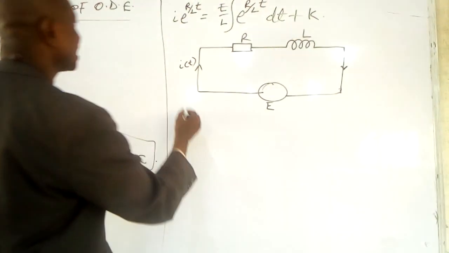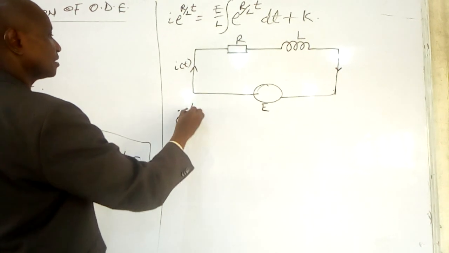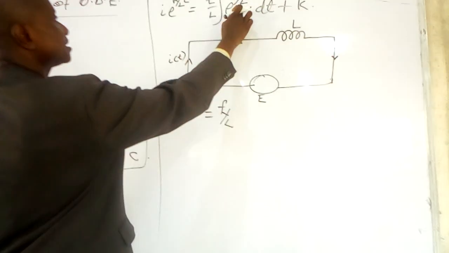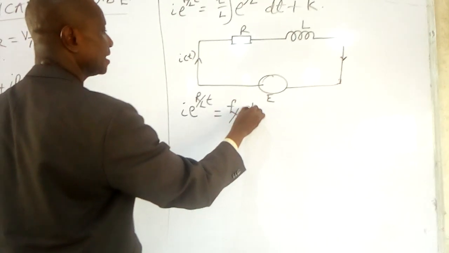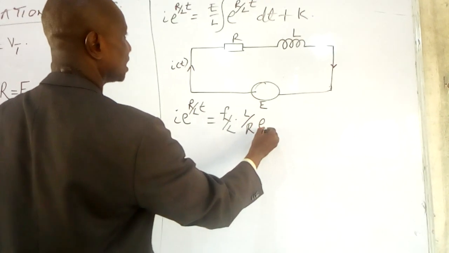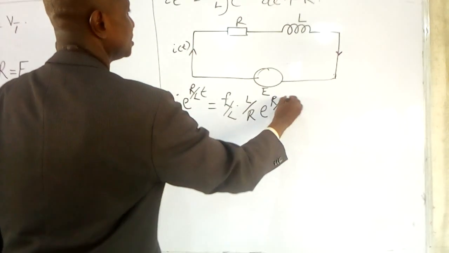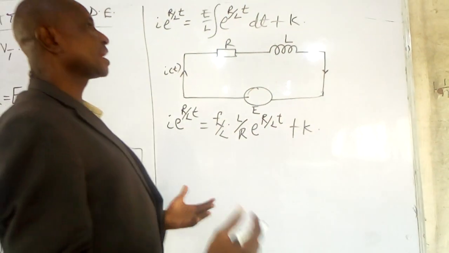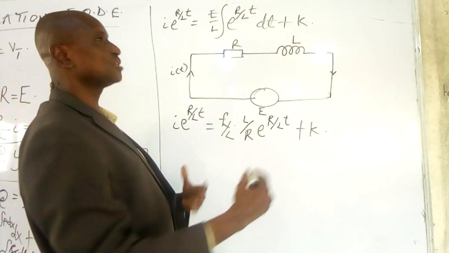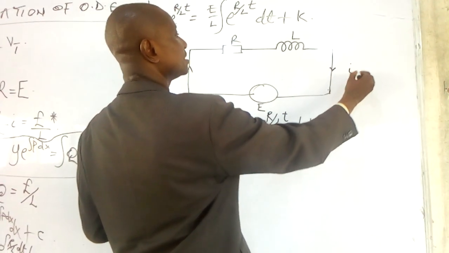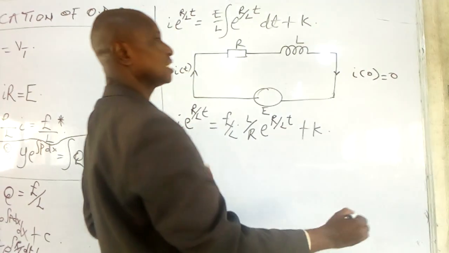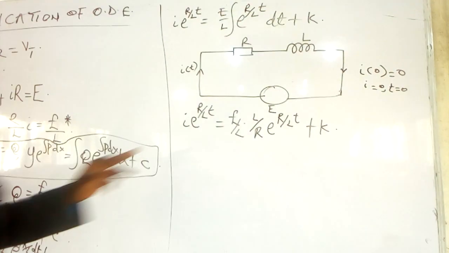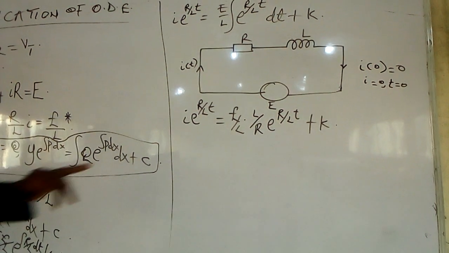So to resolve it finally, we have current times exponential of R over L times t is E over L. When we integrate R over L, we have L over R exponential R over L t plus K. Assuming the model you were given an initial value. When we talk of initial value, that's the point of origin, current I0 is equal to 0. That is to say, current is 0 when time is equal to 0. So if time is 0 and current is 0, that is to say that